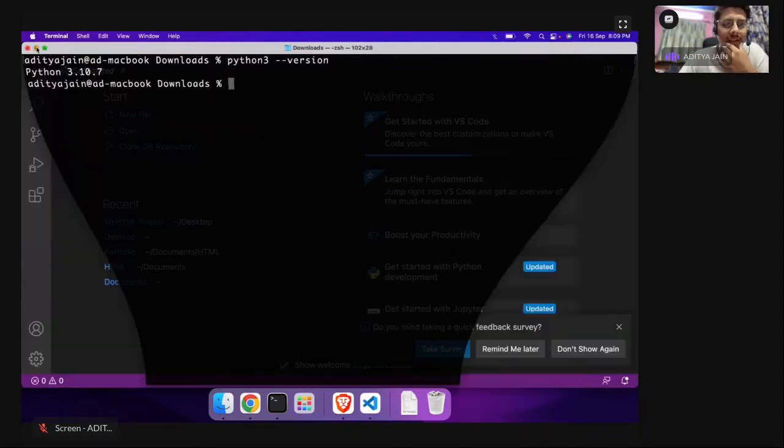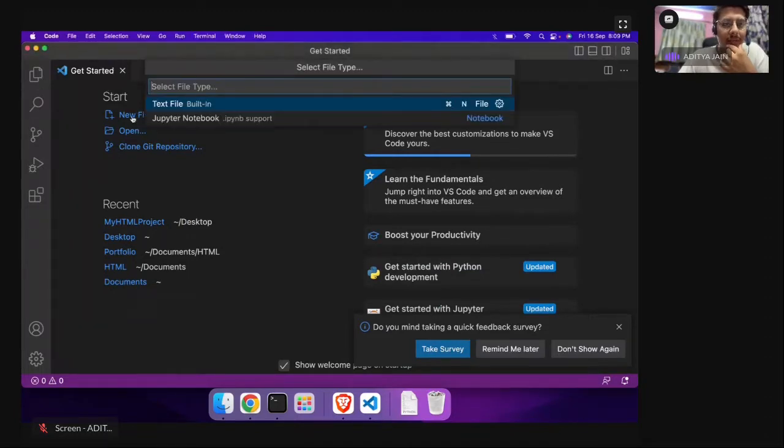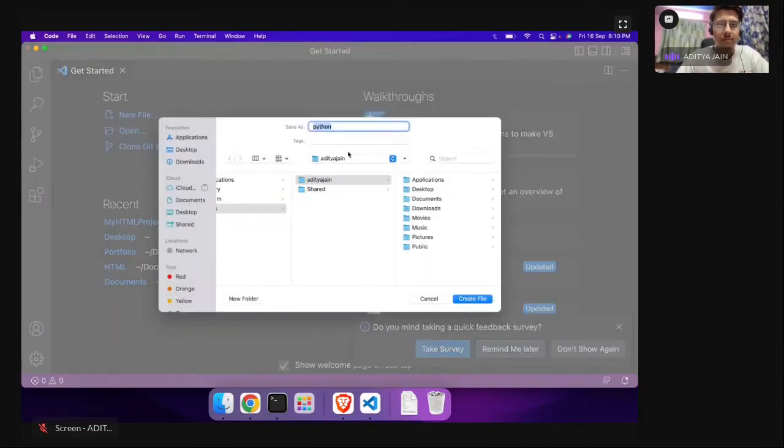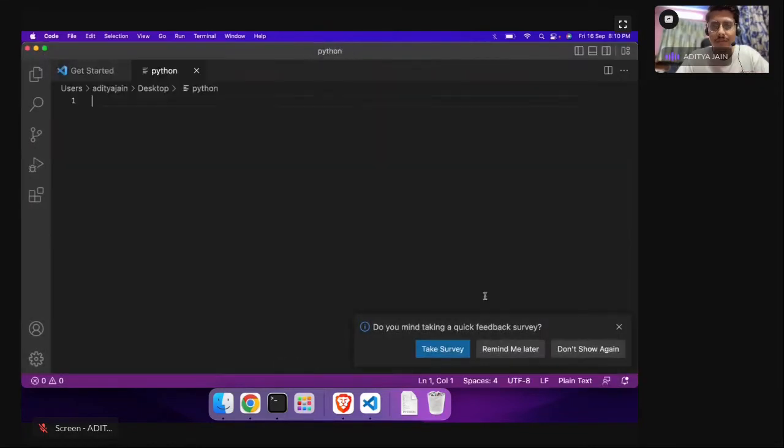Cool. So let's minimize this and create a new file on your desktop. I will say a new file, and file type will be Python. Okay. Let's save it on a desktop. I don't use IDEs a lot, so if I did something wrong,